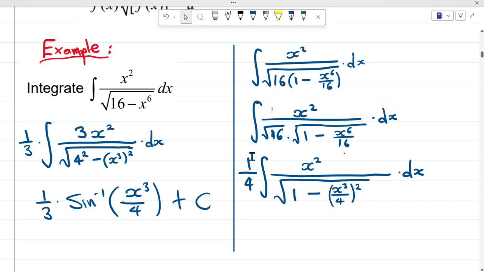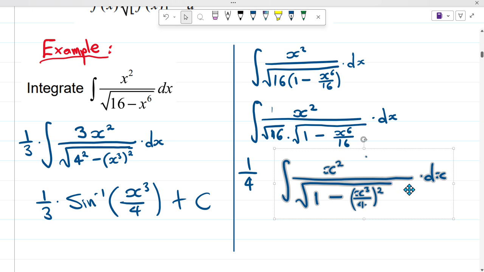When we differentiate x cubed over 4, we get 3x squared over 4, right? So here we must make sure on the numerator we have the derivative of this, so this is going to be 3x squared. We already have the x squared. We're only left with